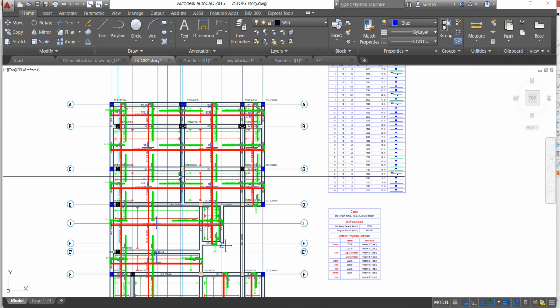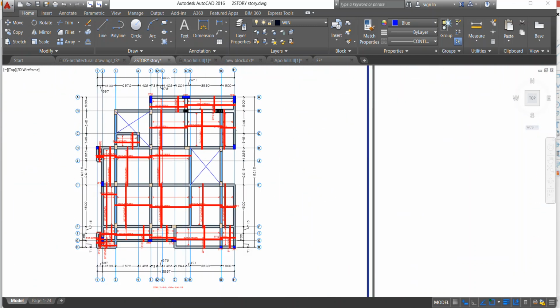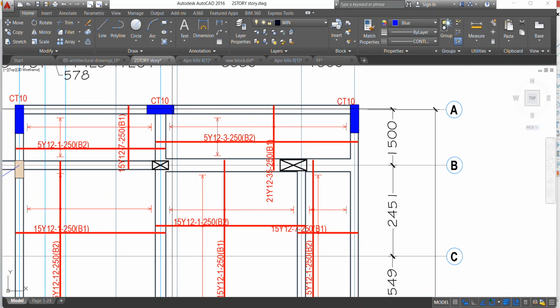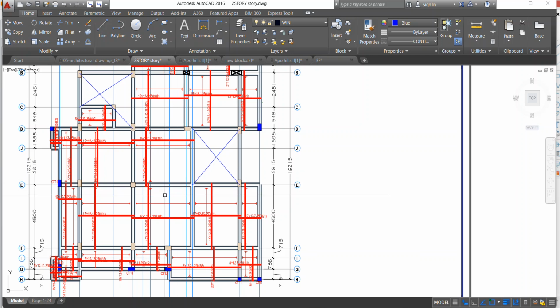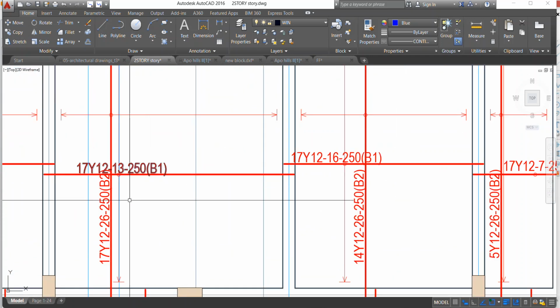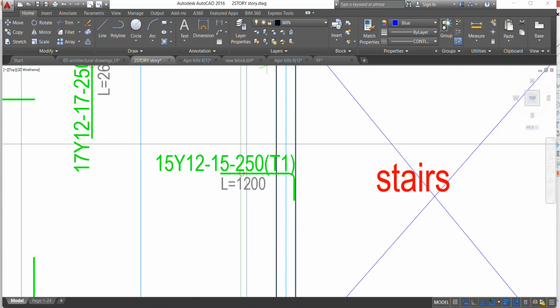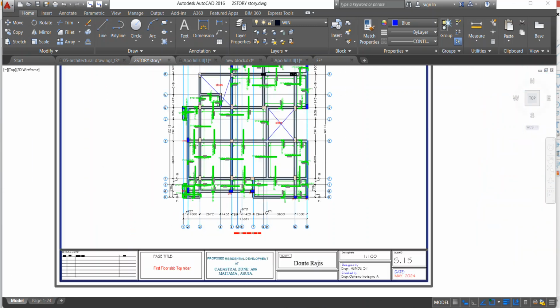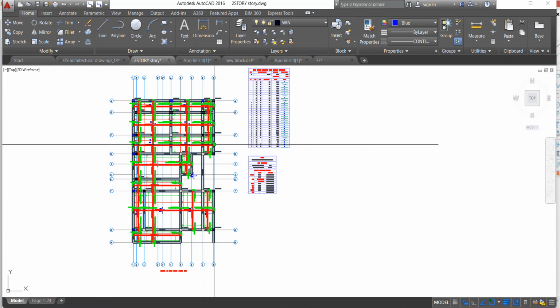So this is how it's looking now. My intention is to detail it and make it look this way, much cleaner like this. I usually put my bottom reinforcements like B1, B2 on a page and top reinforcements on another page, just like this. It makes my work look clean. So the next thing I'll do here,